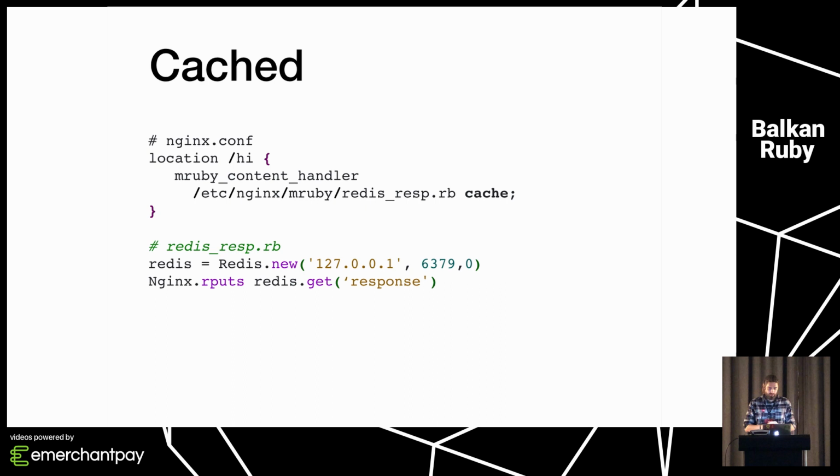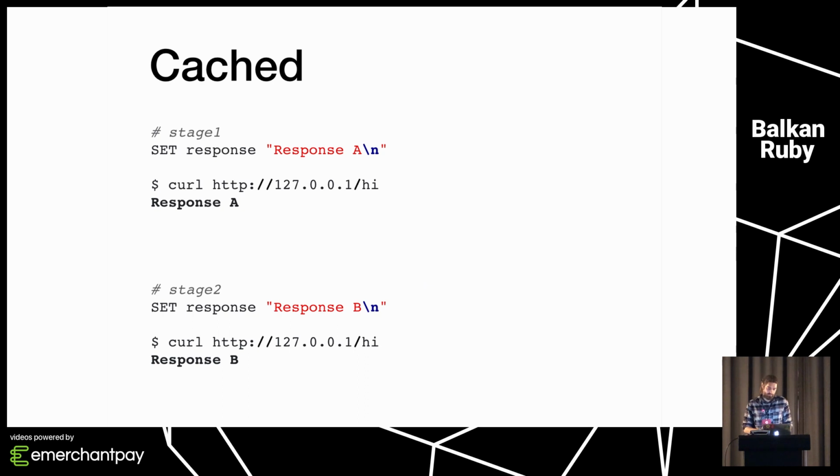By default, if you just use your script, it will be executed every time for each request. But there is a special keyword, cache, so we can cache our script. It will be executed only once. For example, we can put some Redis connection to our script and then compile it, start our Nginx, and try to